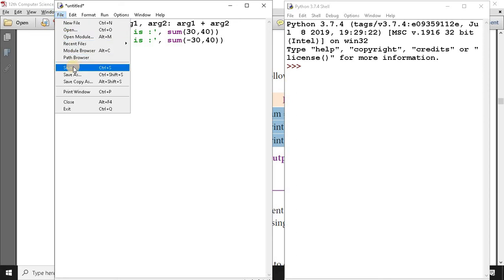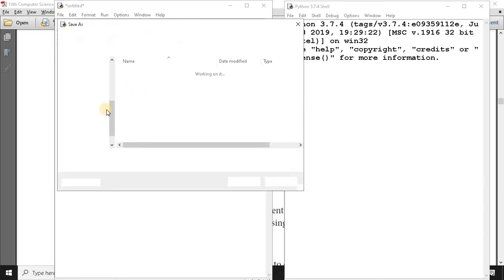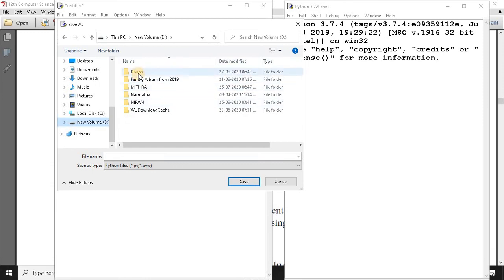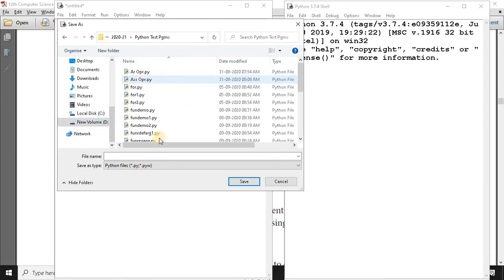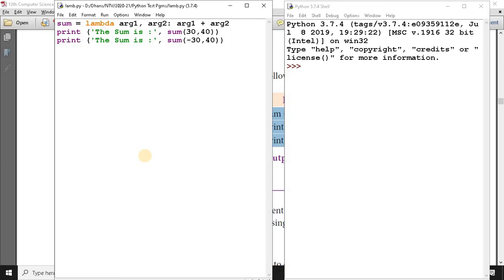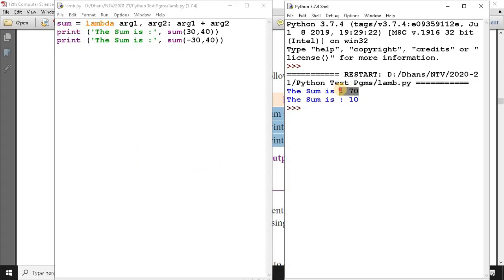File, save. Python test programs, lamp, F5. The sum is 70, the sum is 10. We can obtain the output results.